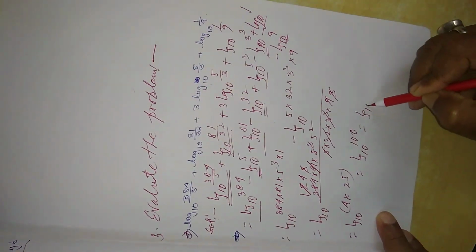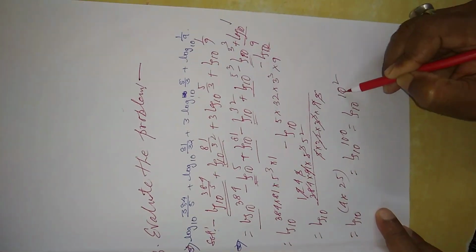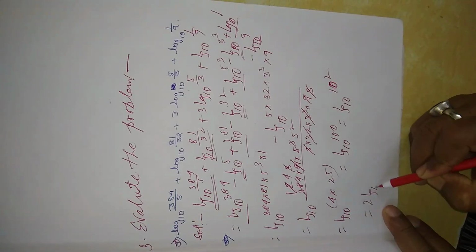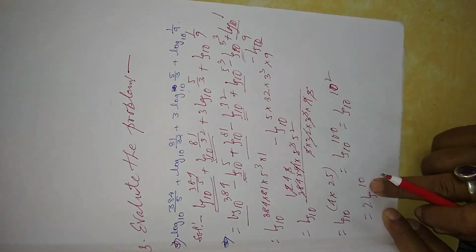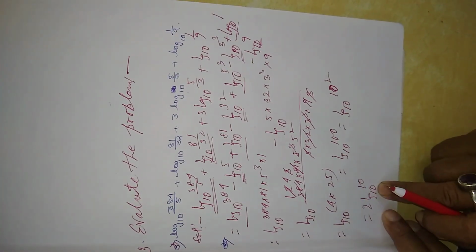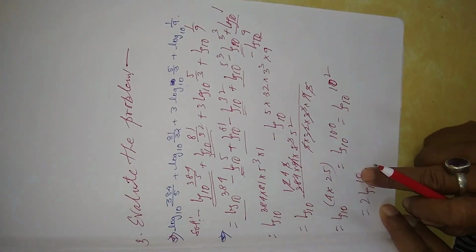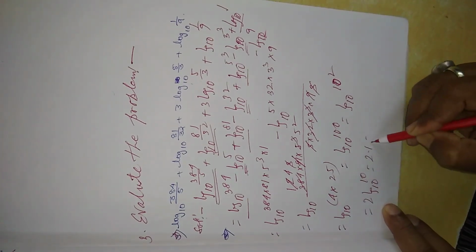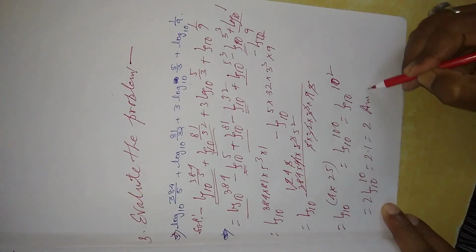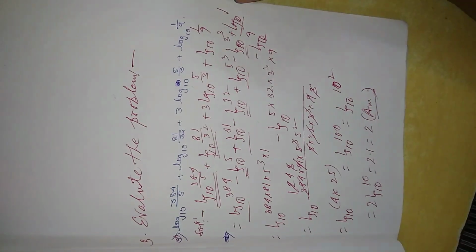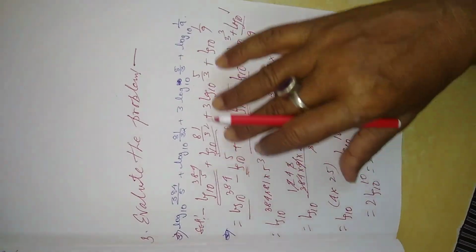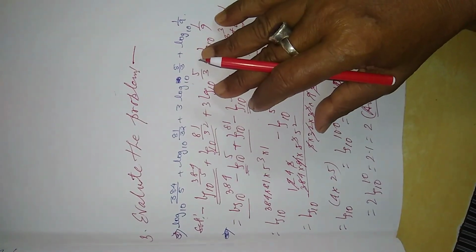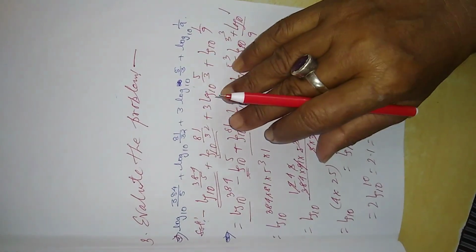Equal to log 100 to the base 10, that is 10 square. You can write 2 here. So 2 log 10 to the base 10. The base and the number here are equal, so log 10 to the base 10 equals 1. That is 2 into 1, that is 2. So the answer is 2. The sum is slightly large, but the process is very easy. You have to follow the process and do the sums. That is, your second class is over. Thank you.